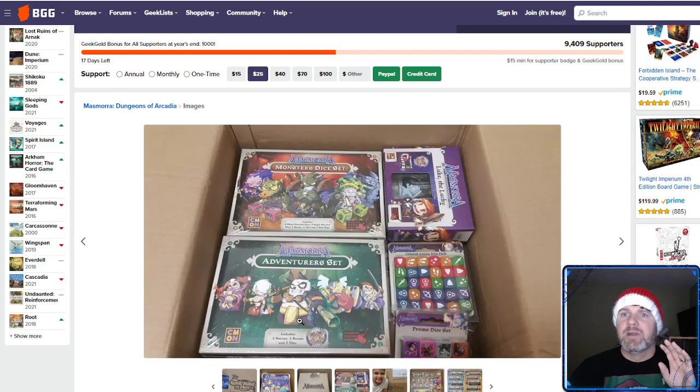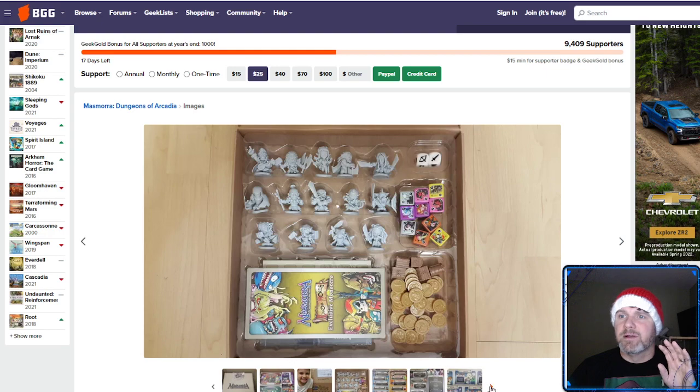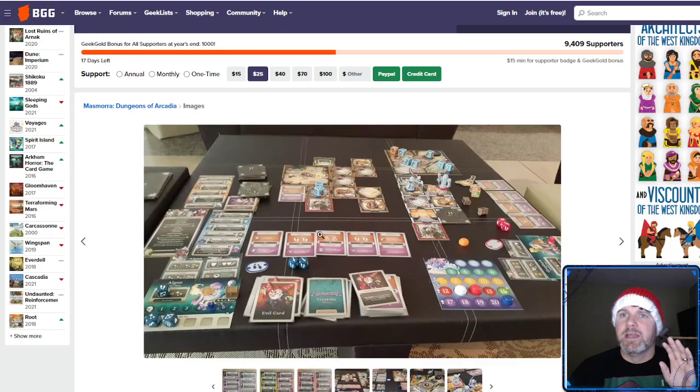But the simplicity of it. Let me see if I can find a good picture of somebody having it laid out and what it would look like. The simplistic nature of it really is just this progressively built dungeon, and also that the only miniatures in the game are your heroes. And I love miniatures, but I also have a ton of miniatures, so I'm perfectly fine with the whole dice monster mechanic,